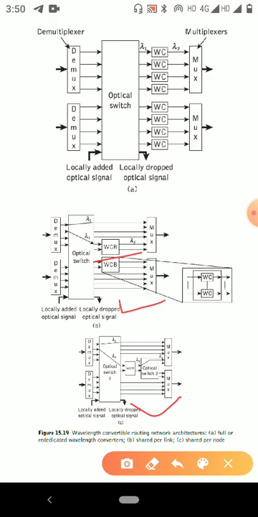By contrast, two optical switches are required to construct the shared per node wavelength convertible network architecture indicated in figure C. Optical switch 2 switches the converted wavelength channels to their designated nodes. That is, in this case, the wavelength channel lambda 2 is converted to wavelength channel lambda 3 via shared WCB and is then switched through optical switch 2 to provide a connection to the multiplexer.